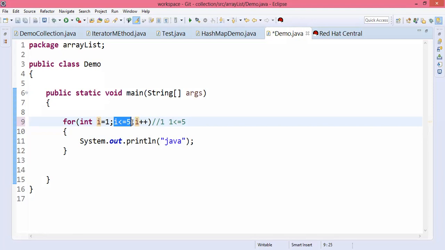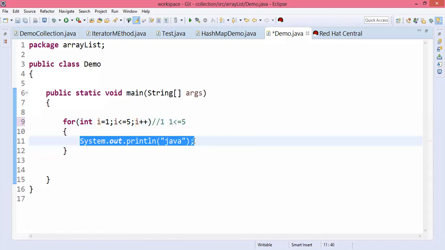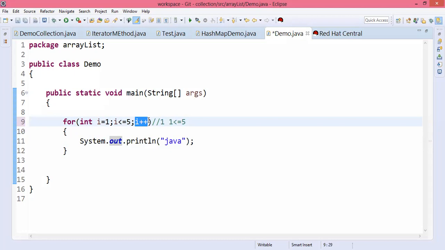Okay, if the condition is true, then the execution pointer will come into the for loop body, and this statement will be executed. After the execution of the for loop body, the cursor will come to the i plus plus increment statement. It is incremented by 1. Again incremented. Initial value of i is